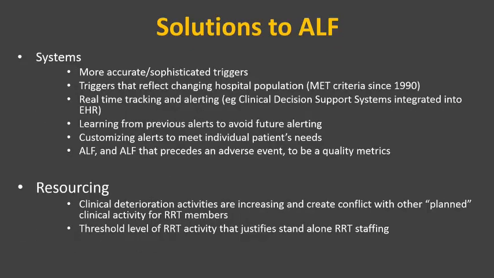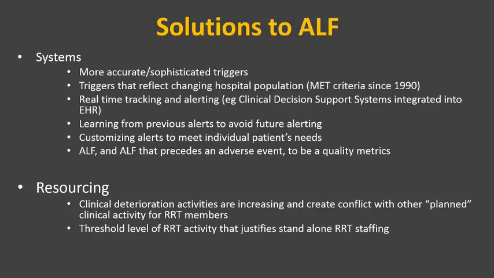I think where most of the money will be is within looking at our electronic systems and the information we get from our electronic health records. They can help establish some more accurate and even more sophisticated triggers. If you think about it, all the hospitals out there, including ours, are working on a single parameter system which is very much aligned to the old-fashioned MET criteria, which came out back in the 1990s. The case mix in the hospital has changed over that period of time, so maybe it's time that we looked at those criteria. Maybe it's also time that we looked at criteria based on local case mix, to make those criteria more specific to the environment that we're working in.